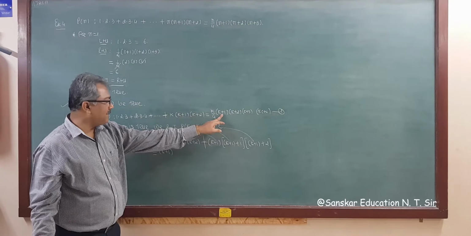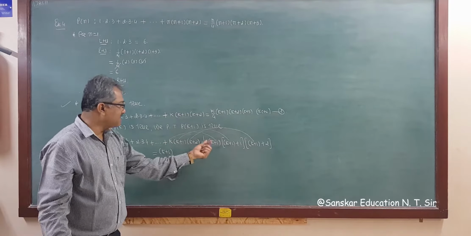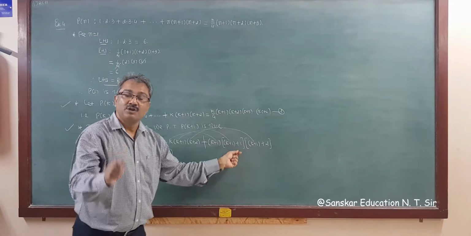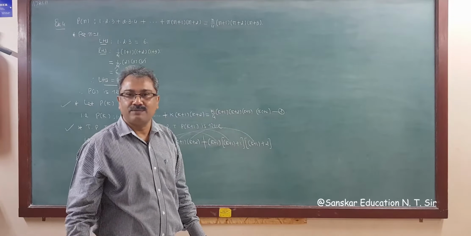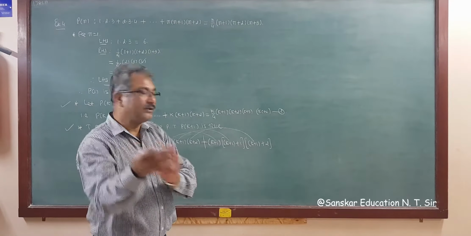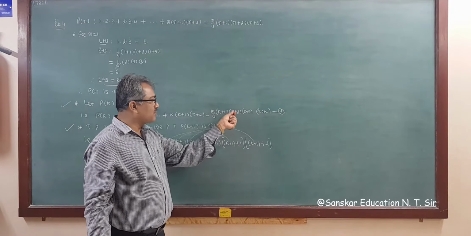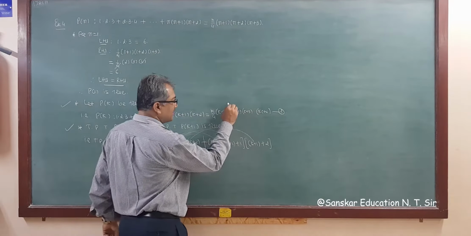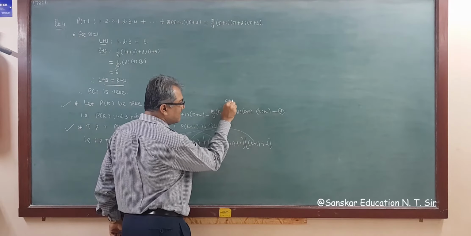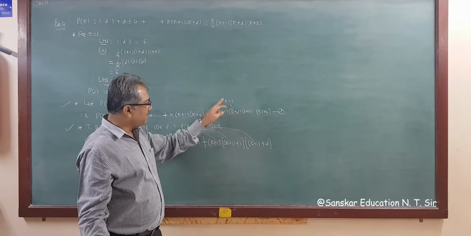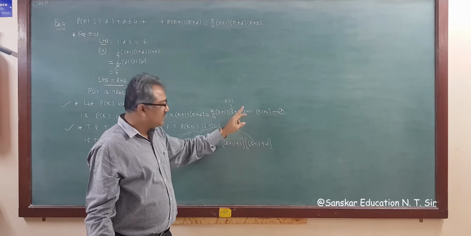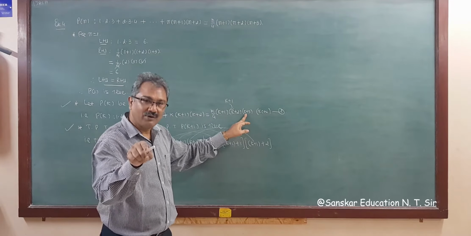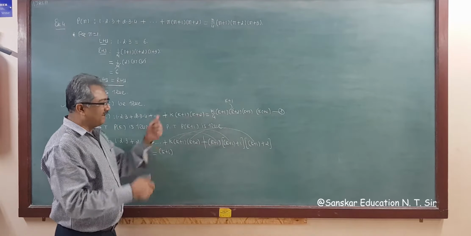Now if we replace k plus 1, see here, this term becomes k plus 1, so k plus 2. You can write directly also, like this. This is k plus 2. If we add 1, then this becomes k plus 3, right? Because this k is k plus 1. Remember this thing: k plus 1 plus 2, that is k plus 3. So what is this? K plus 4, right? So I am writing directly here.